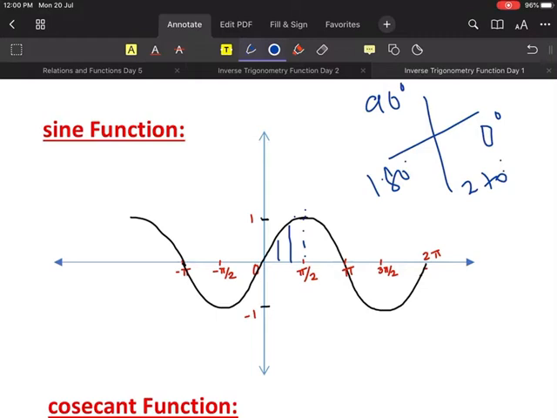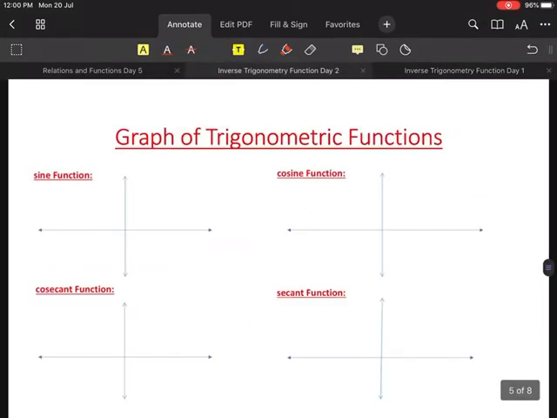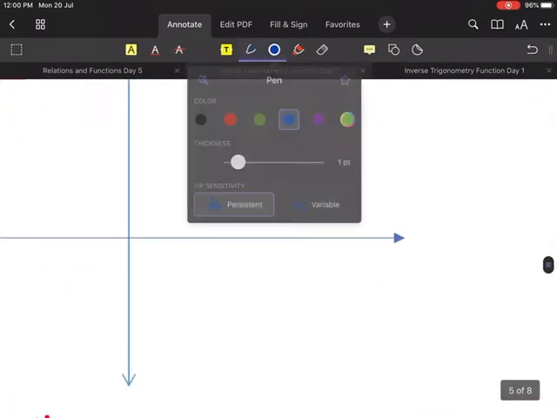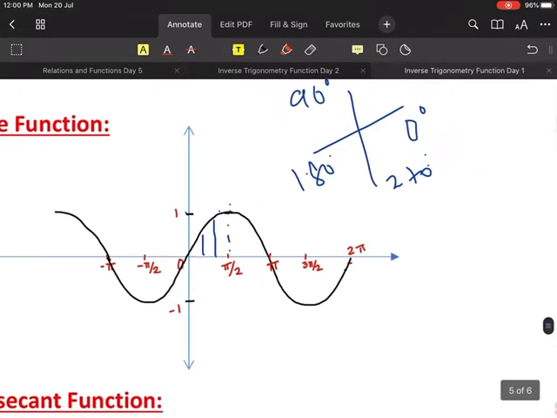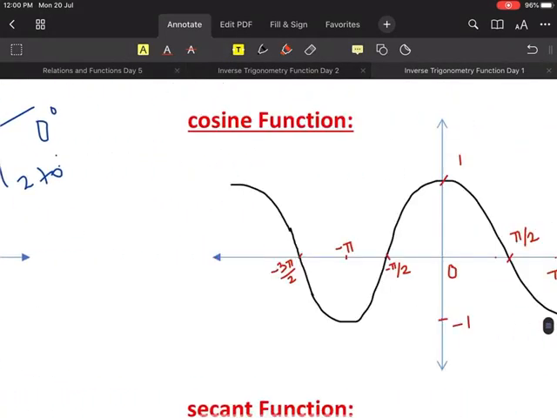So that's why for every single value in here, sine has a corresponding value. So I draw the curve like this. And look at it very carefully. The maximum value of sine is 1 and the minimum value is -1. Am I clear? Understood? So that's how we draw a sine function. If somebody asks you how to draw a sine function, you will just do like this. So the sine function will look like this. Am I clear? Everybody understood?